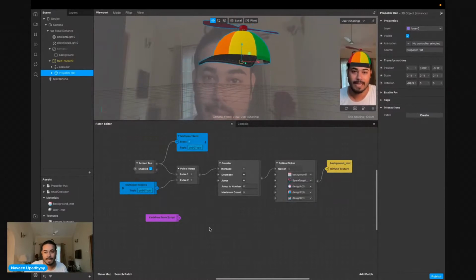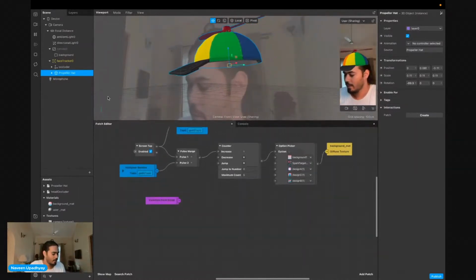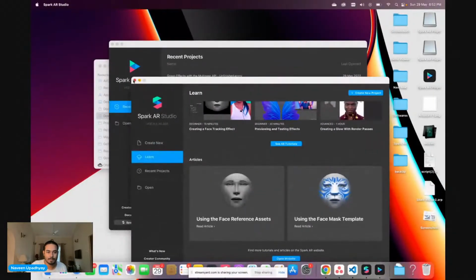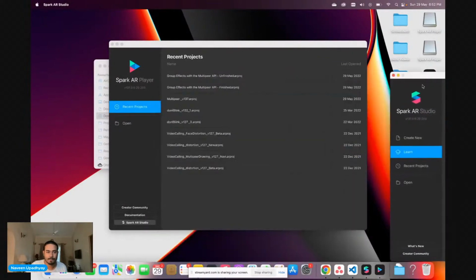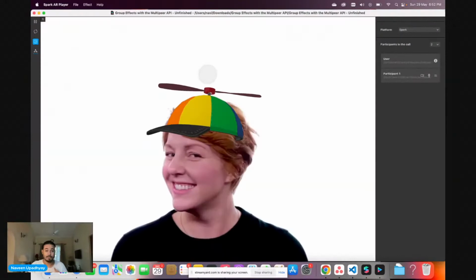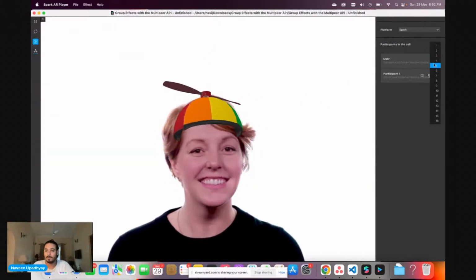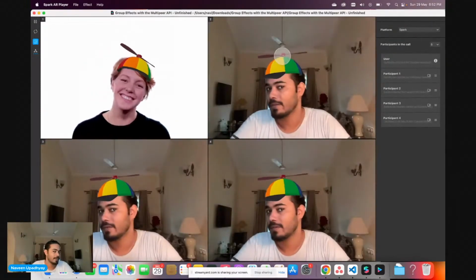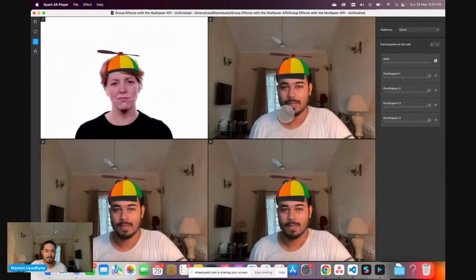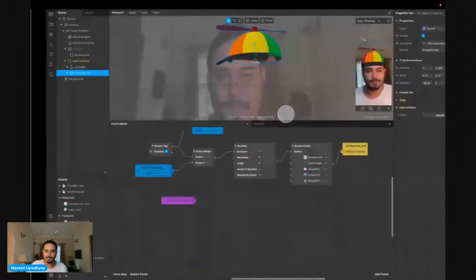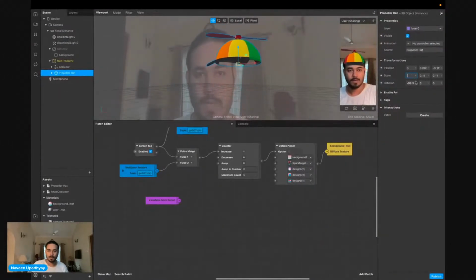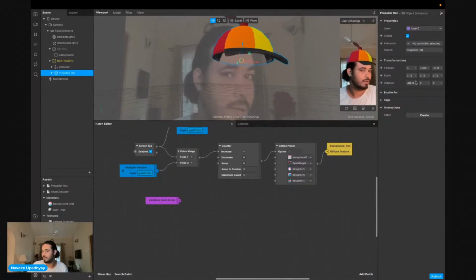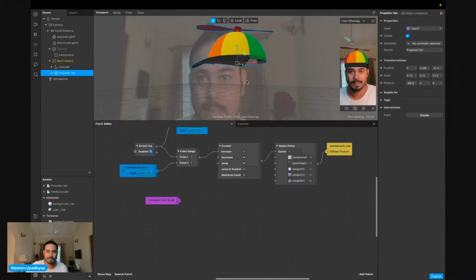Everybody should be having this cap, because if I go and test the filter now, each of my participants will have the cap on themselves. So if I go to 4, 5, I see that everybody's wearing the cap. Every participant is wearing the cap. I can actually make the cap a little bigger as well, because right now it's a bit small. So maybe 0.12, 0.12, and again 0.12. Looks much better, much bigger than earlier.